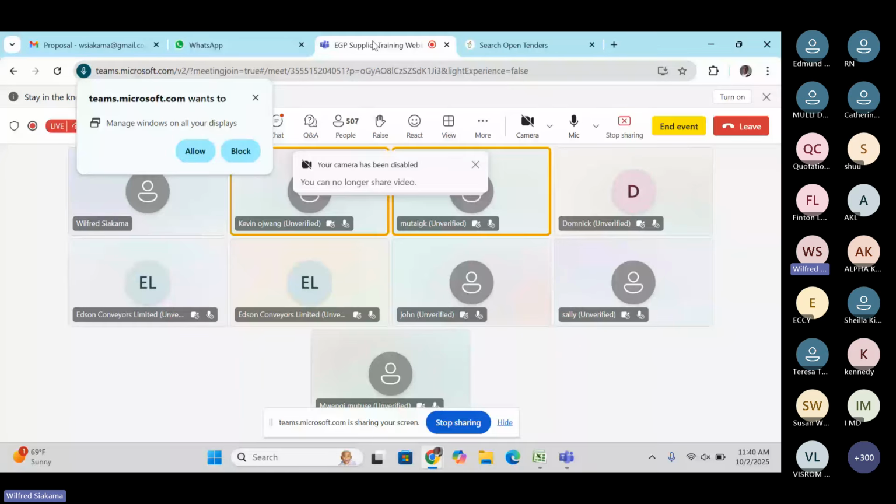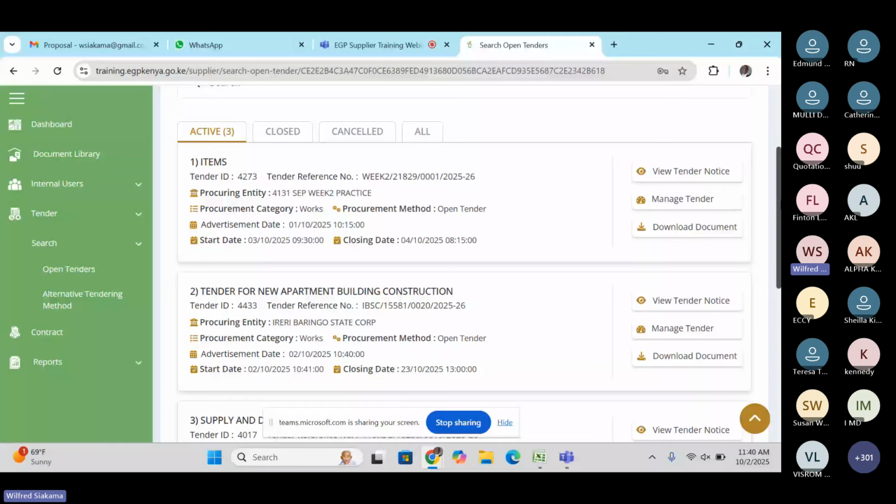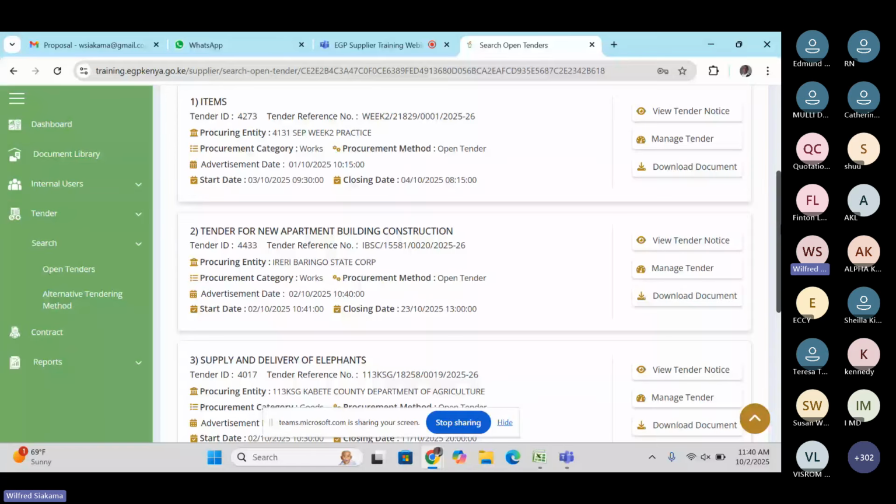We have seen that on tender number 2, the tender for new apartment building construction, the procurement category is works. The procurement method is open tender. It was advertised today for the purpose of this training, and it has started. The start date is 2nd October, and the bidding process has started. It started at 10:41, and it's closing at